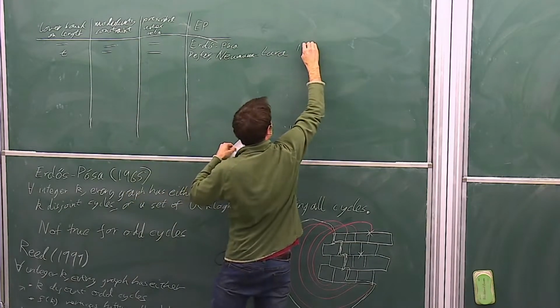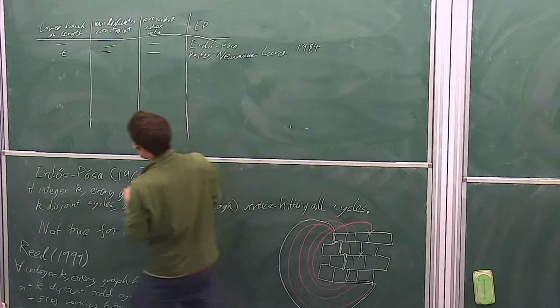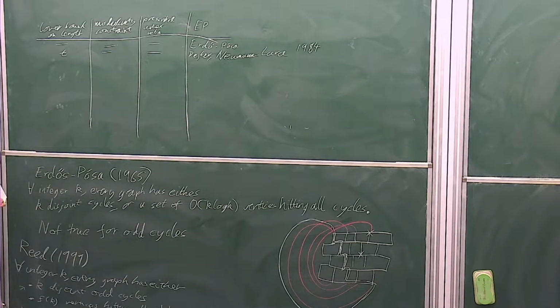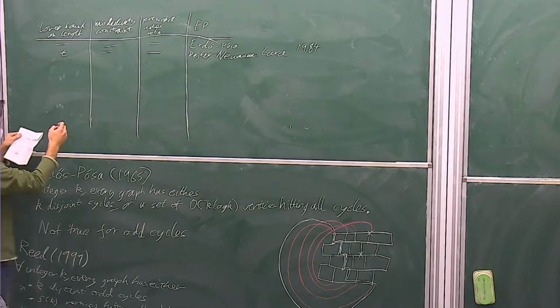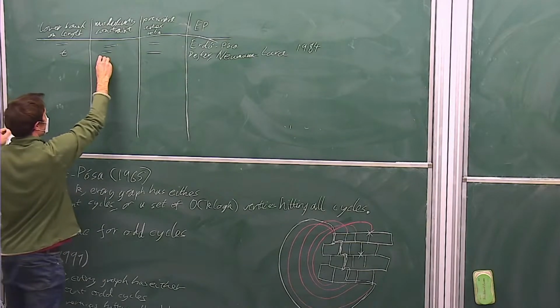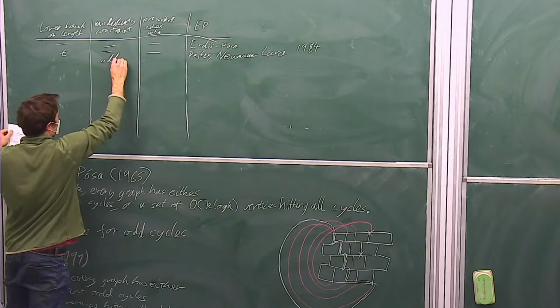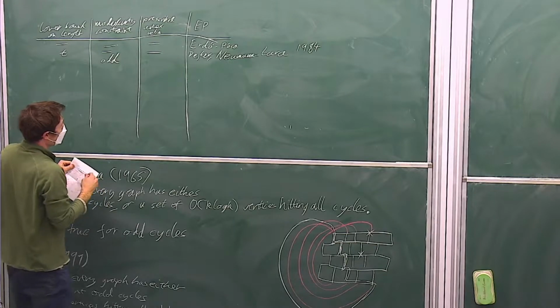Maybe that was 1984. So this is just cycles of length at least t for any fixed t. Of course, we've already looked at the odd cycles. So then we get